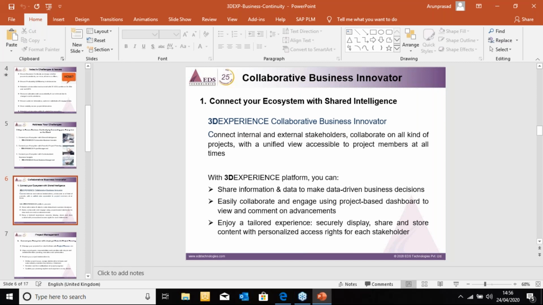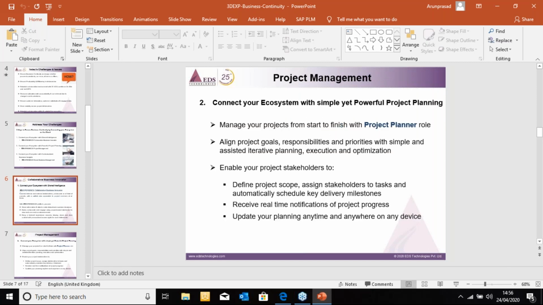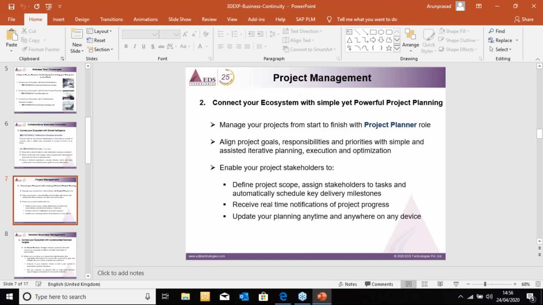Let me take you to the next solution: project management. How do I have access to all my projects with all its deliverables? Are all my projects running on time? Is there a project that needs certain attention? What are the resources that are being engaged on this particular project? All this necessary information can be accessible in that particular dashboard that I just showcased to you right now.